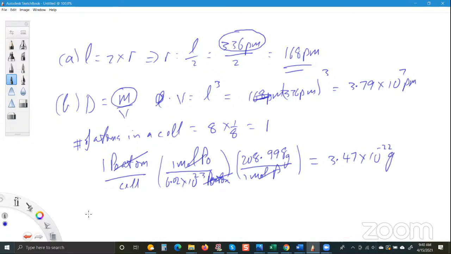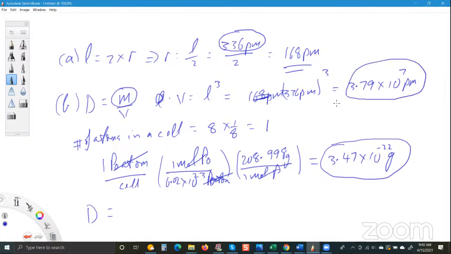To find the density, we take the mass that we just calculated for the 1 atom in the cell and divide it by the volume of the cell by using this number. Of course, we know that the density is equal to mass over volume. The mass is 3.47 times 10 to the minus 22 grams divided by the volume of the cell, which will be given by this number right here, 3.79 times 10 to the 7